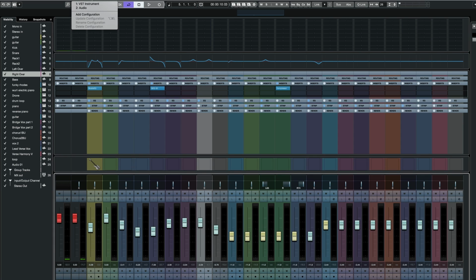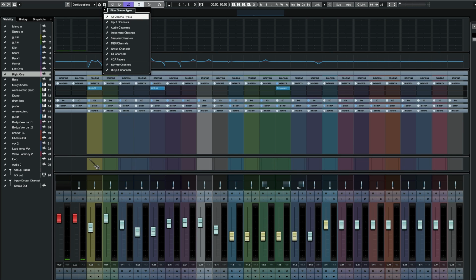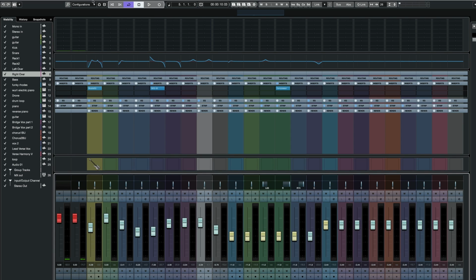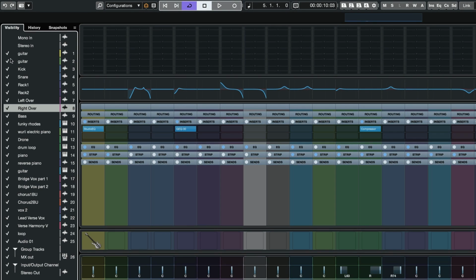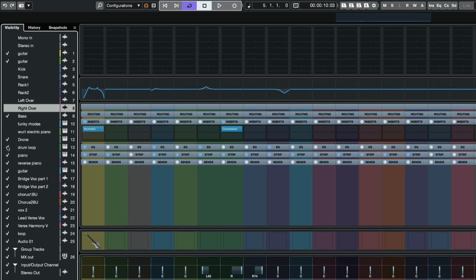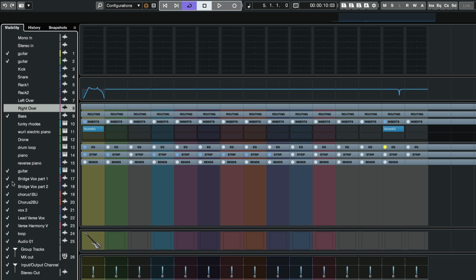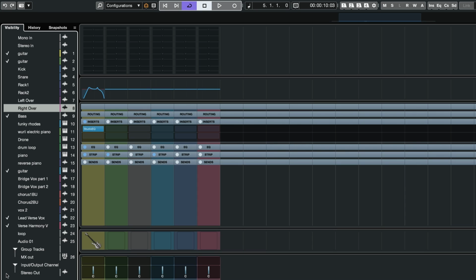So configurations allow you to do another custom type of filter. So yes, the one we just used allows you to filter by type of channel, but let's say I wanted to have a group of channels that included VSTs and audio and be agnostic to the type of track. So you can do that by setting up a configuration. So for example, let's see, I've got a mix or a view configuration. I'm going to get rid of the drums. I'm going to leave the bass. I'm going to get rid of those. I'm going to keep this guitar track. I'm going to keep just the lead vocal, and I don't need the group channel, and I don't need the stereo out.